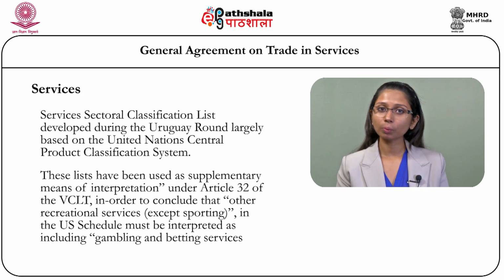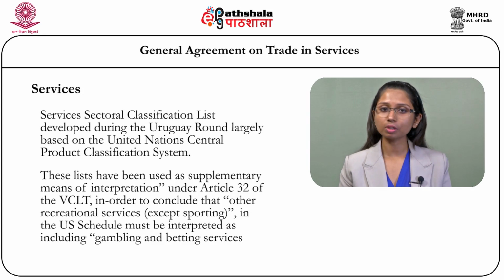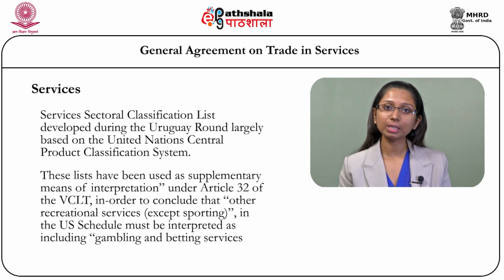Therefore, even though services are not defined in the GATS framework, other forms of annexures become very relevant, and the same have been affirmed by panels and appellate body as they have proven as useful tools of interpreting the term